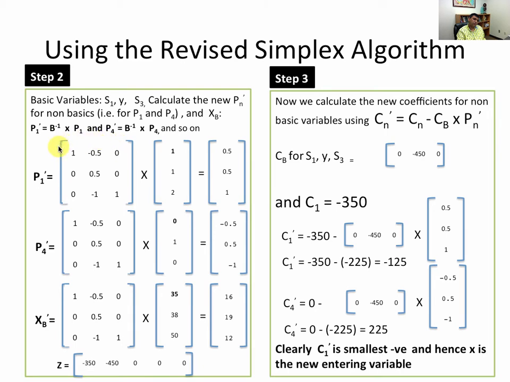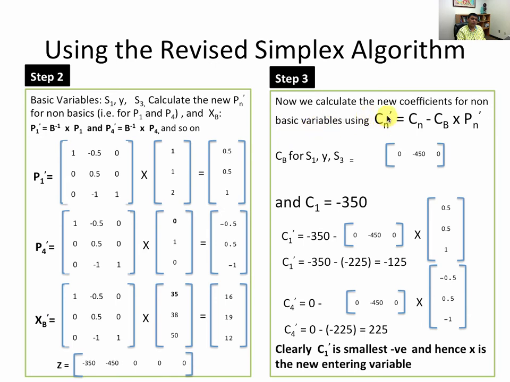XB. So what we see here is the values of B inverse on the left matrix, then the corresponding matrix that we are trying to calculate, and the result is shown on the right hand side. Similar for P4 prime, similar for XB prime, and I have basically listed the Z matrix here for easy access. Once I have calculated P1, P4 and XB primes, I will next calculate the value of Cn primes for